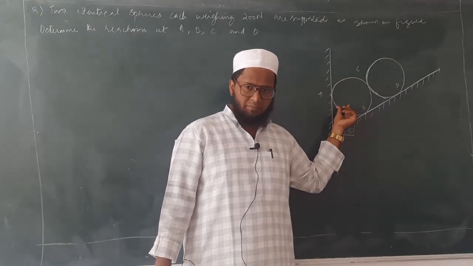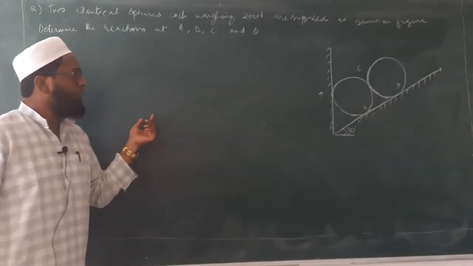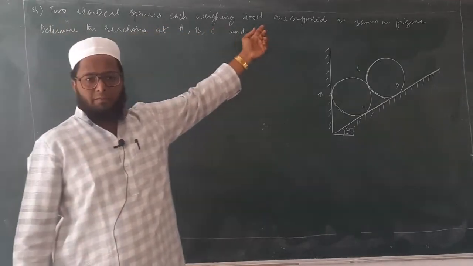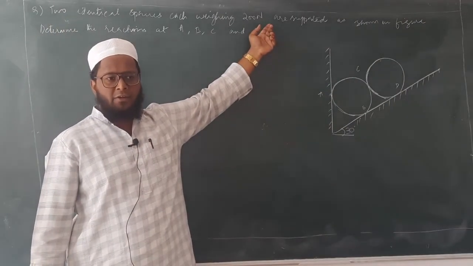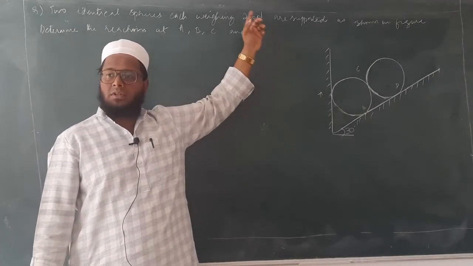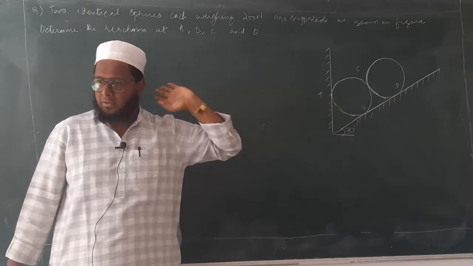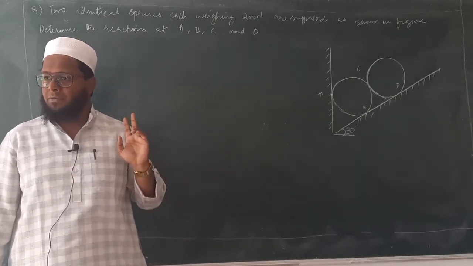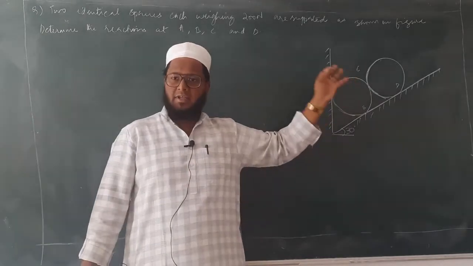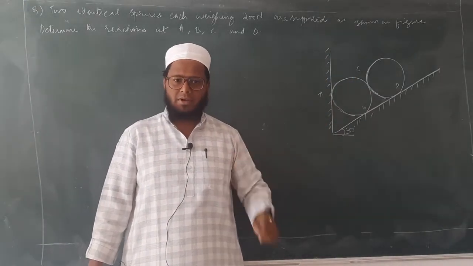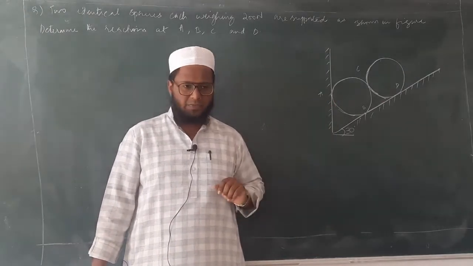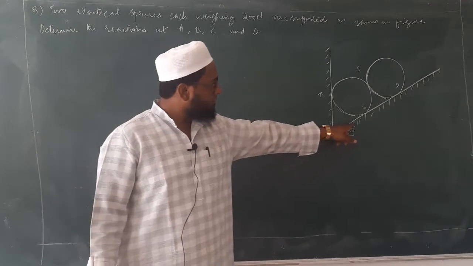Okay, able to understand? So now in the question itself, they have mentioned that the weight of each sphere is 200 Newton. Sometimes what they will do, the total weight of the sphere is 200 Newtons. At that time what you have to do? Divide by 2, and 200 means 100 and 100. But here each weighing 200 Newton. That means each one of the spheres is 200 and 200. Okay.